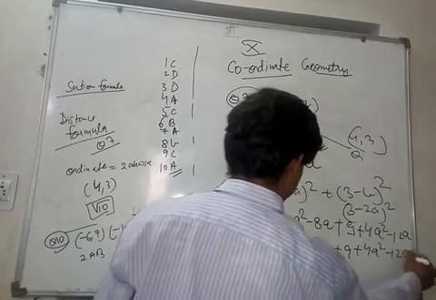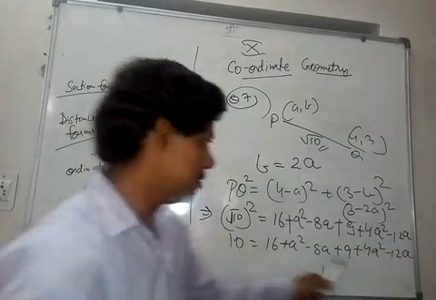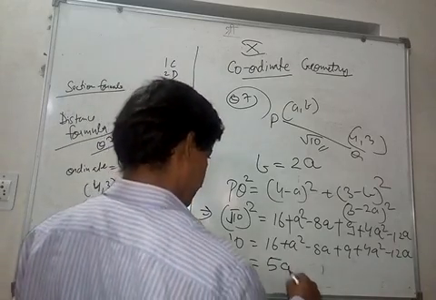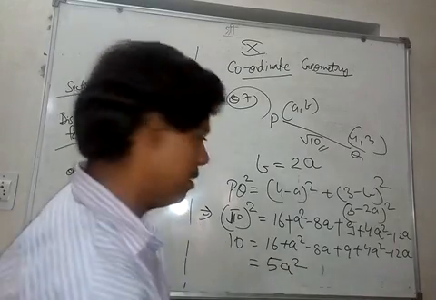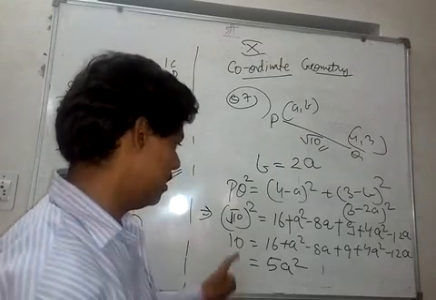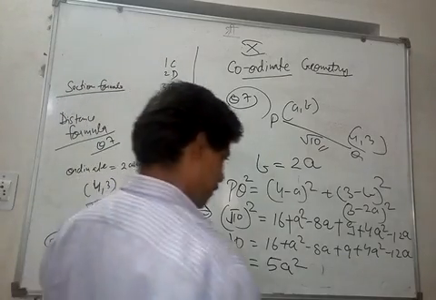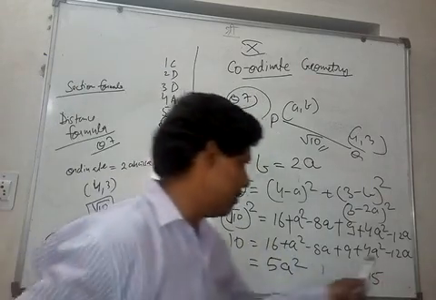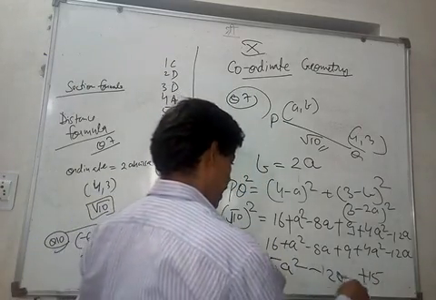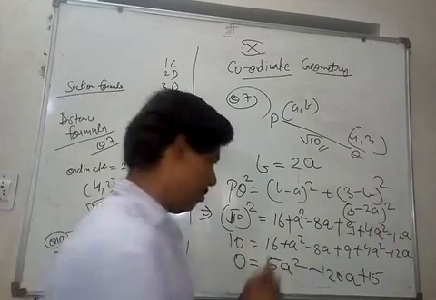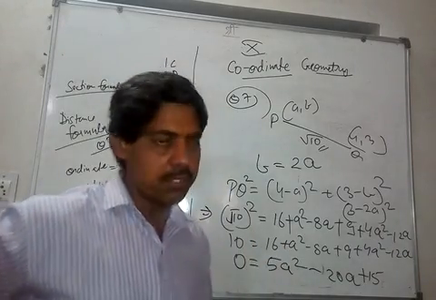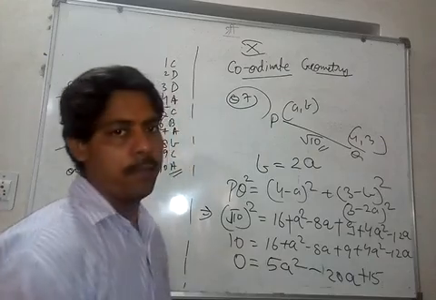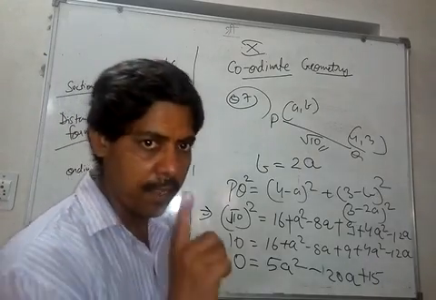square minus 12A. Now add, what is A square plus 4A square? 5A square. Bring everything this side, 5A square plus 16 plus 9 is 25, 25 minus 10 is 15. We will get the constant as 15, and then minus 8A minus 12A, that is minus 20A. This is equal to 0. So if you remember, this equation is called a quadratic equation, can be solved by quadratic formula or by factorization. So we'll solve it by factorization.